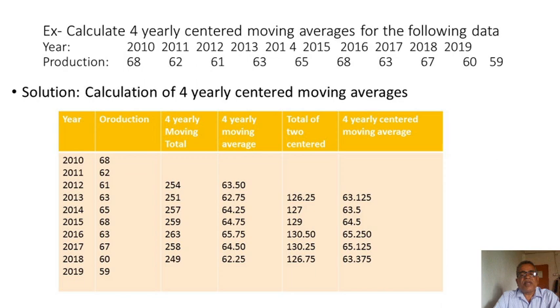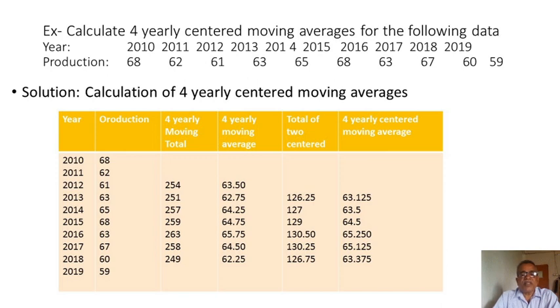After that, the next column is our 4 yearly moving averages. So we divide each sum by 4, and again we prepare 2 columns: total of 2 centered and 4 yearly centered moving average. So total of 2 centered means we take the sum of the 2 numbers. From the moving averages we have obtained, the column of 4 yearly moving averages, we will again take the sum of every 2 numbers. Take the sum of the 2 values 63.50 + 62.75, and write it again beside it in the middle at that place,